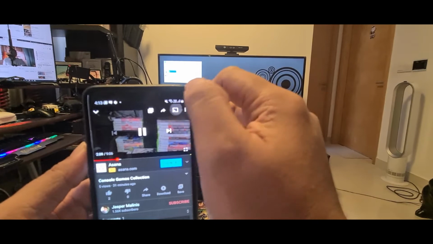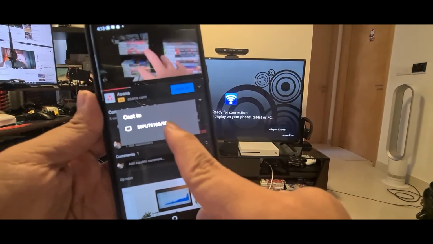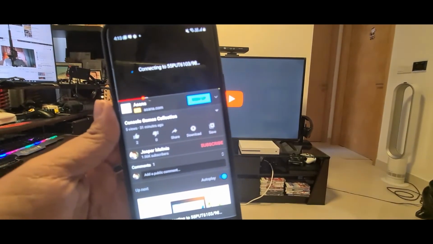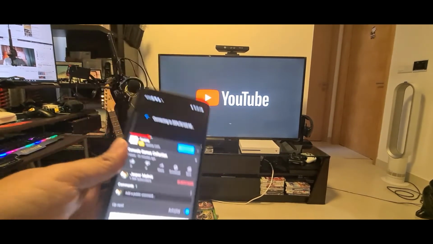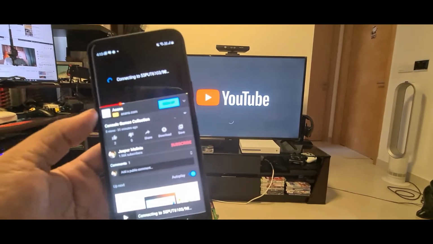All you need to do is press this. So once you press, it will automatically detect my TV here. So what you can do, select this TV, then boom, it will go to your smart TV directly. So casting is